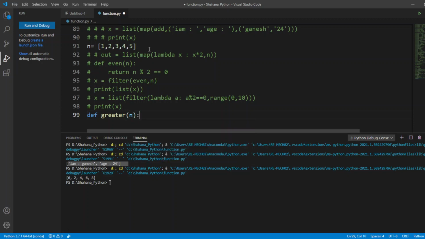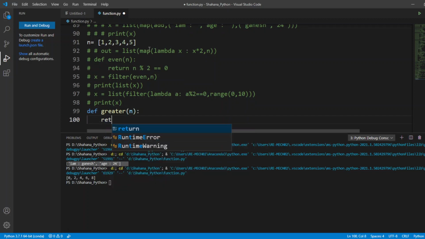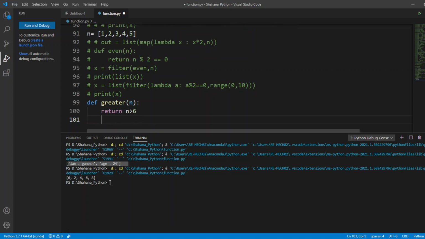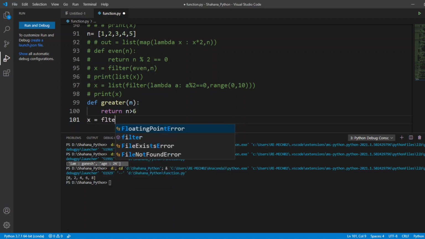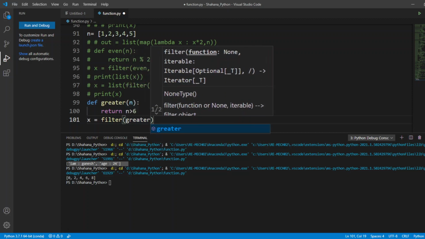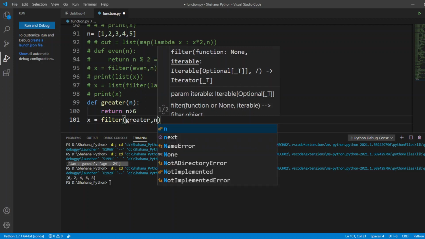Next, what I'm going to do is return n is greater than 5, maybe 6. Next, I'm going to initialize x with a filter, with my function name greater and my list for iteration.